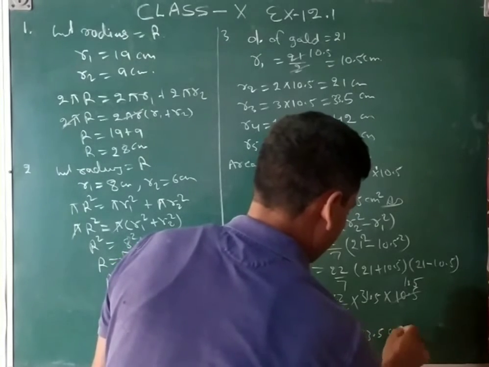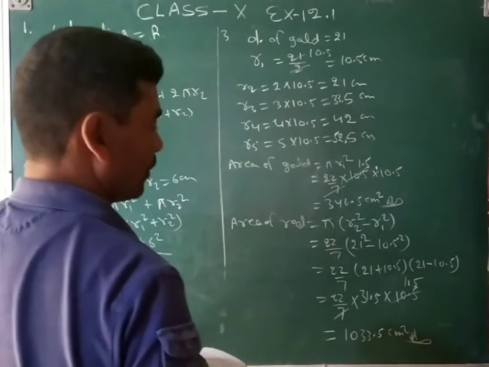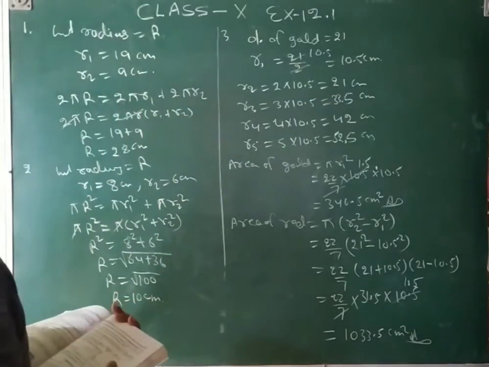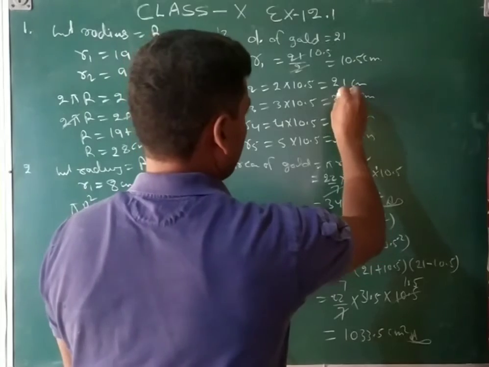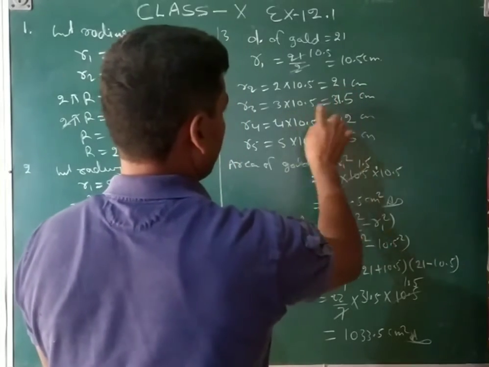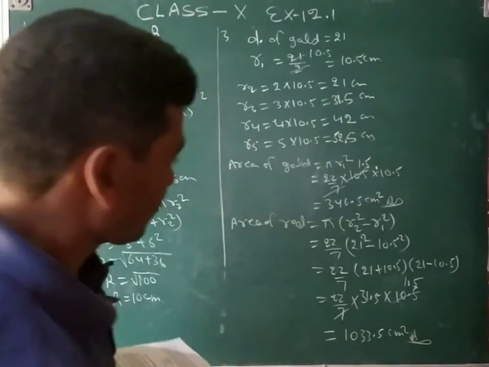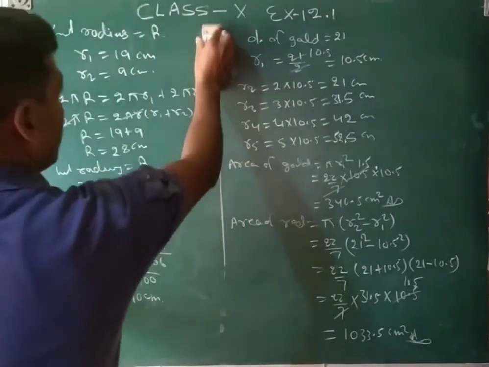1033.5 centimeter square. This is the area of red. This will be 31. 3 5 is 15, 3 10 30 and 31. Yes. Next will be